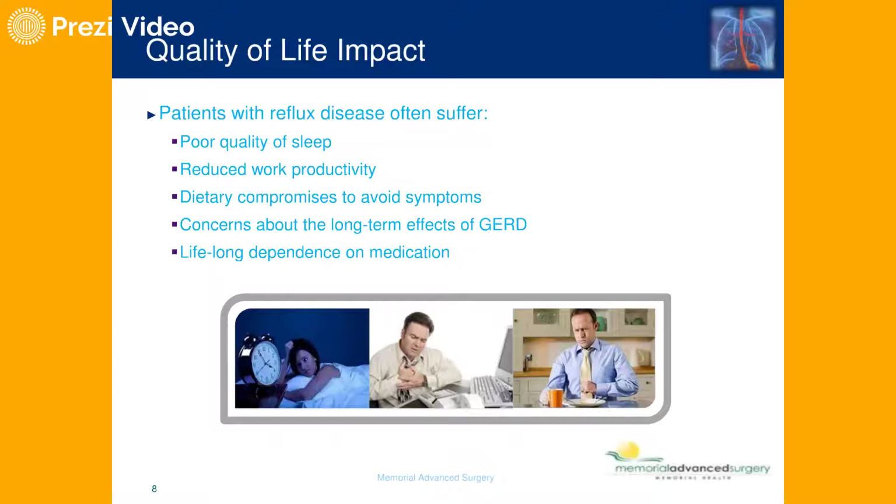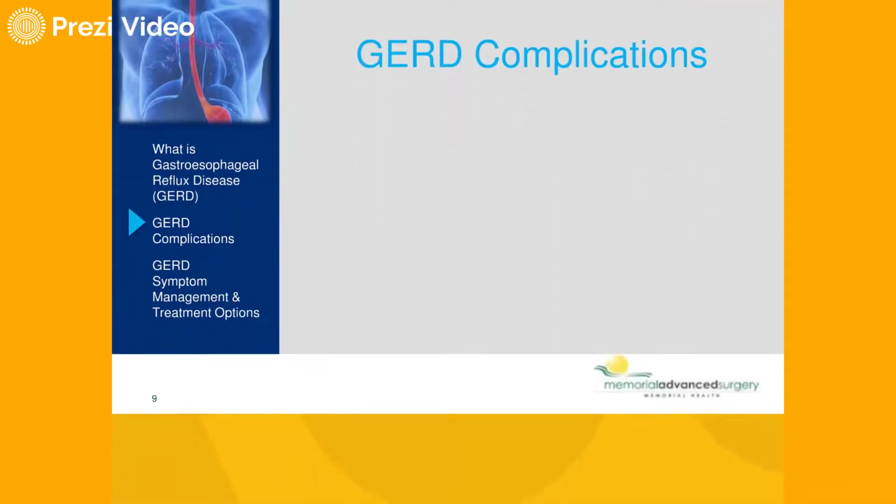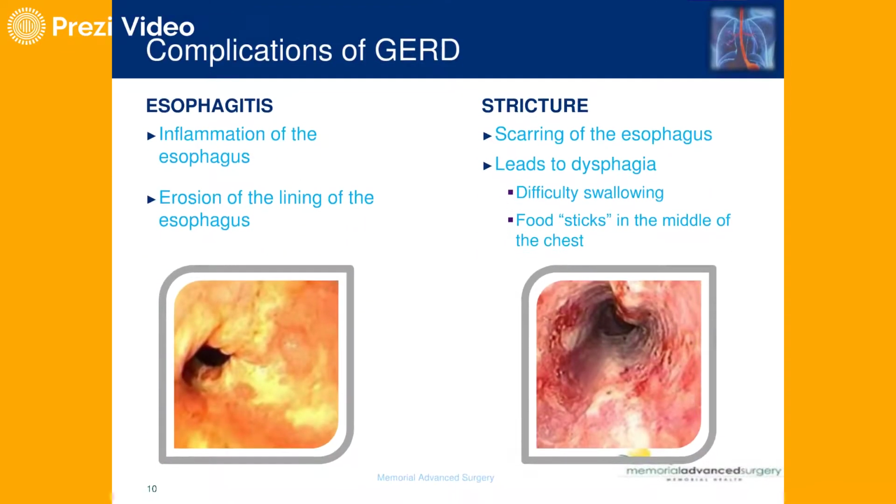More and more, we're learning that taking proton pump inhibitors and H2 blockers long term may have some side effects because of the medications. And of course, most folks don't want to be dependent upon medication in their life if there's a way not to have to take them. So, what are some of the actual complications of the GERD? We already mentioned some of these, but